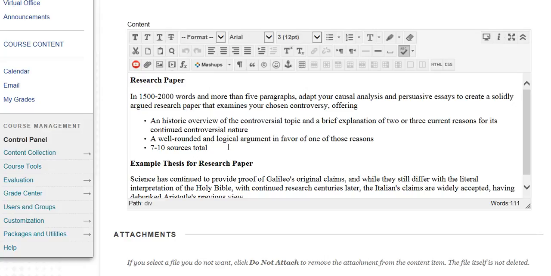Right, and then you can end it with your conclusion, and your conclusion should wrap it all up and leave your reader with some final insight into your controversy. So throughout your body, you are going to provide sources. You are going to provide citations from your sources, 7 to 10 sources, as your